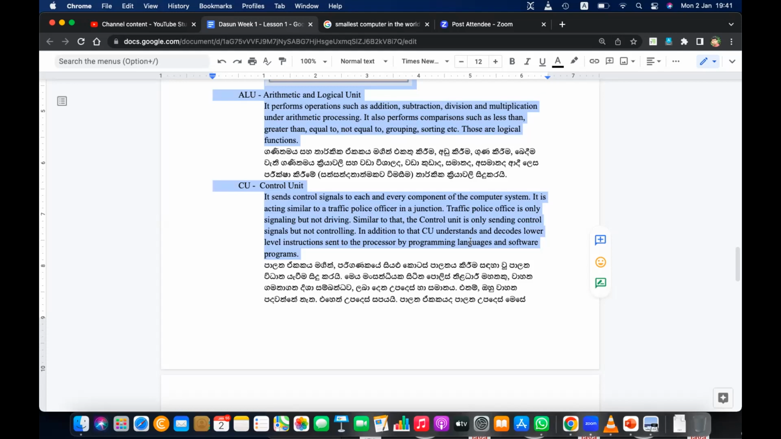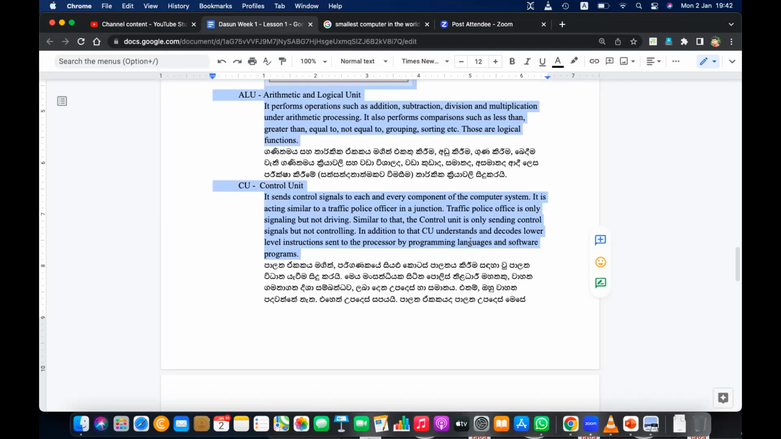Similar to that, our CU inside the processor is not doing anything but signaling other components to do something. That means when there's an input, it will signal,